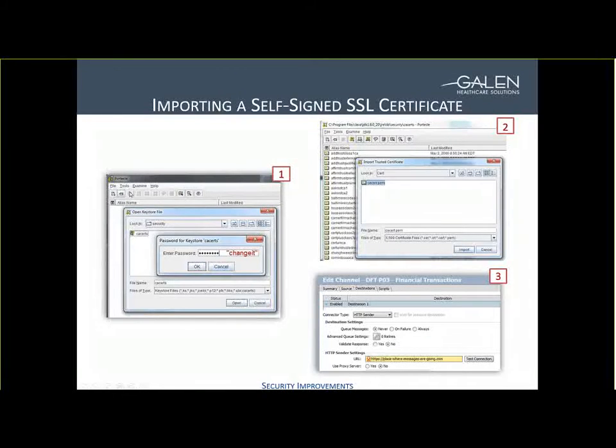If you download Portecle, what you need to do now is find that Java Trust Store file. It's usually located in the Java installation folder on your server, under the configuration folder, where you'll find a file called cacerts. Open cacerts in Portecle. Portecle is going to ask you what the password is to open that key store. By default, unless you've changed it, it will always be "changeit", without the quotes. If you enter that and hit OK, you're going to see all the different certificates that are already trusted